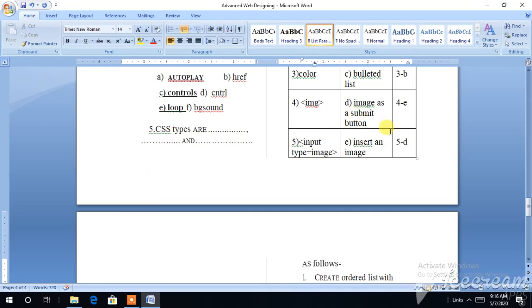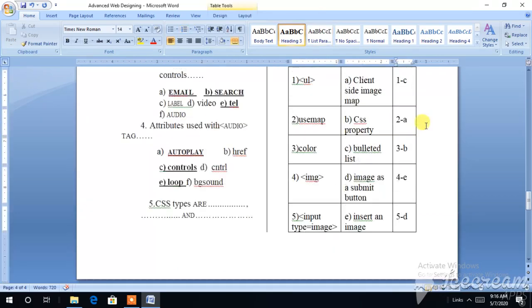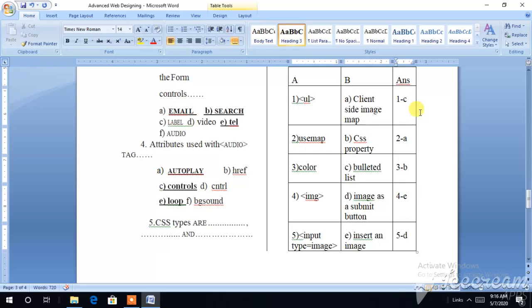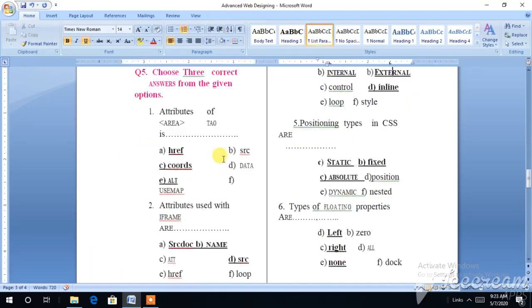Already I have done it, so again I am showing you. See here: first C, second A, third D, fourth E, and fifth, multiple choice questions. The attributes of the area tag are href, coords and so on. Similarly, attributes used for iframe are src, name and srcdoc.